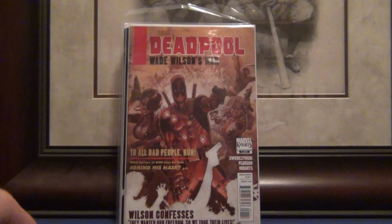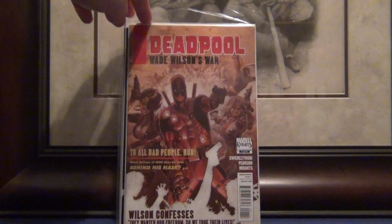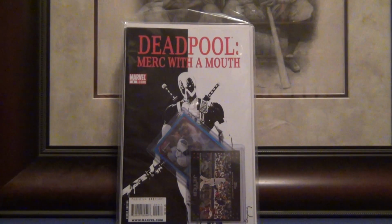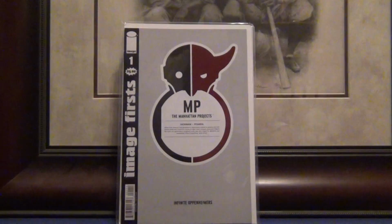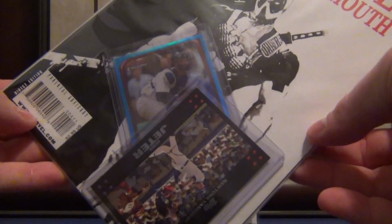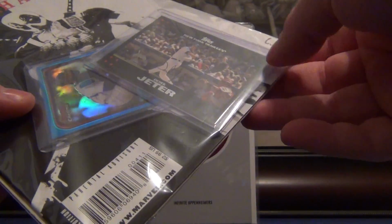And he said Deadpool: Wade Wilson's War is probably one of the best stories he's read. So he sent me the whole thing, which is one of four. Let me see here. He said, man, I'm throwing in some Yankee cards, and these are in no particular order because he double bagged them. But he sent me some Yankee cards, and he's a big time Yankee fan,